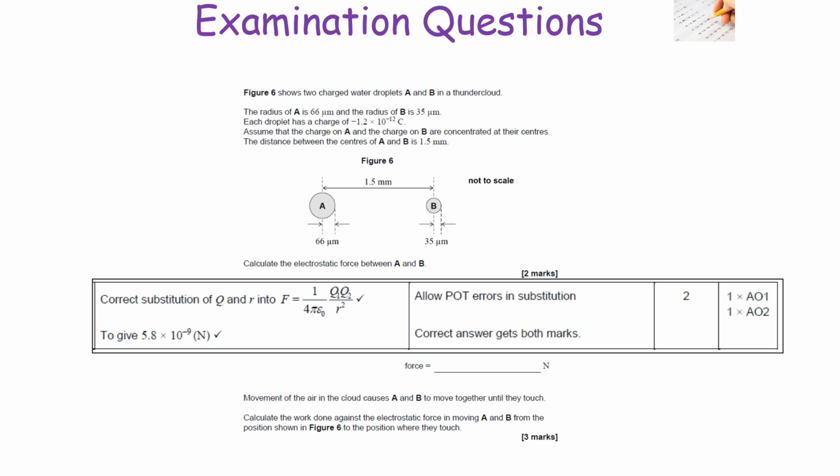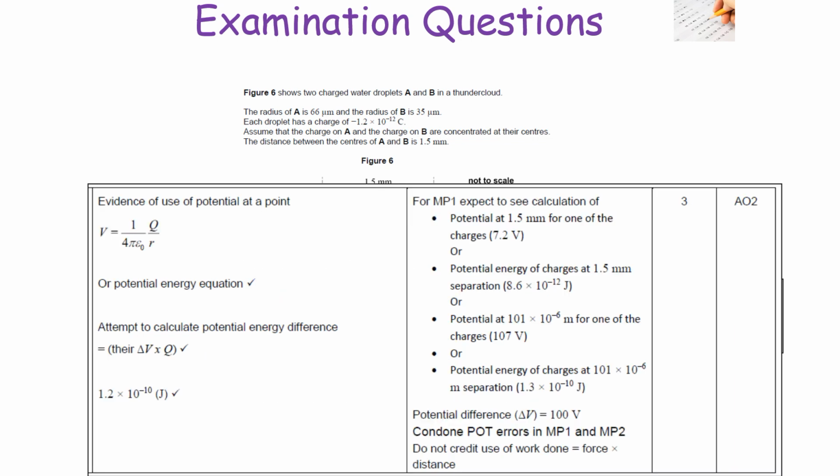Now the next one is calculating the work done against the electrostatic force in moving A and B from the position shown to a position where they touch. So the point is we're trying to work out our change in potential, so we can work out our potential energy difference. So we can say that V, our potential, is Q over 4 pi epsilon 0 r. So what you can do is work out the potential at 1.5 millimeters for one charge, so you work that through and get your value, okay, and then at that point you can also work out the potential at